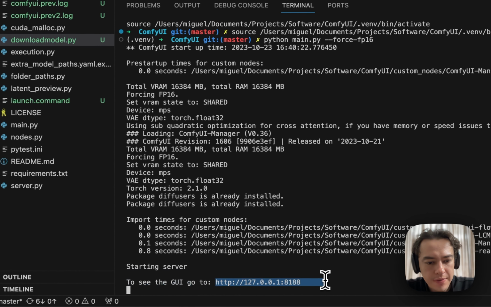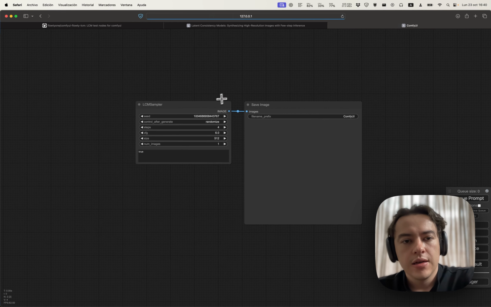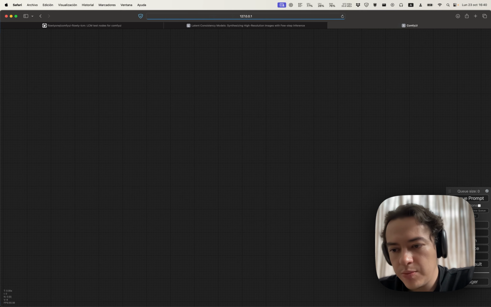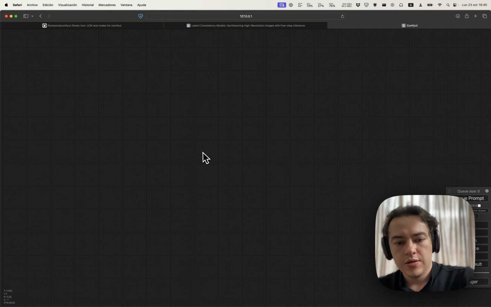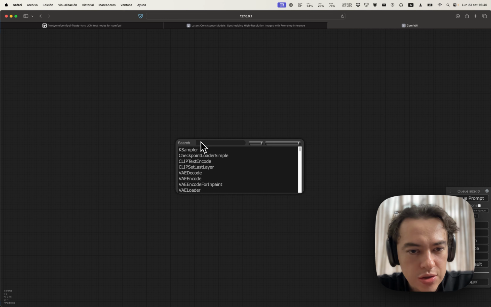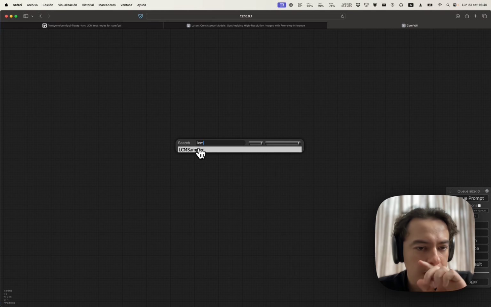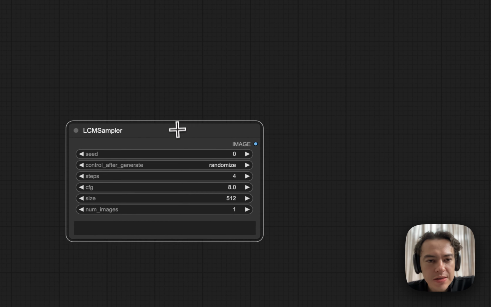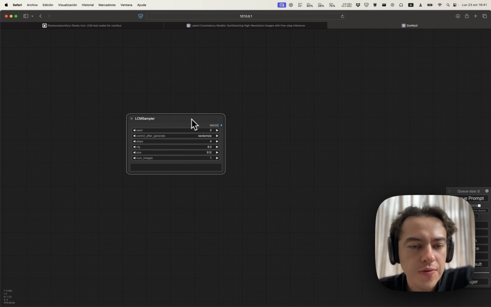So we already have ComfyUI running, and we are going to open it in our browser by going to that link. I already have the nodes that we require here, but I am going to start fresh. Let's clear it so I can show you how you can do it. I double click on this screen so I can pop up this search box, and then I am going to write LCM. There is LCM sampler. This is a sampler that's going to use these models and this technology that we're talking about for generating images